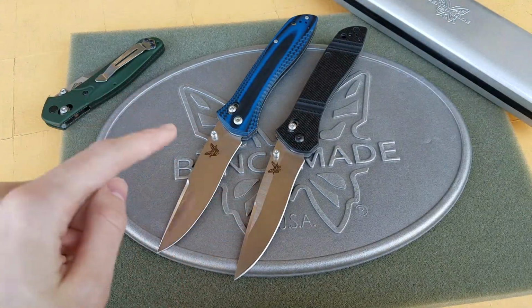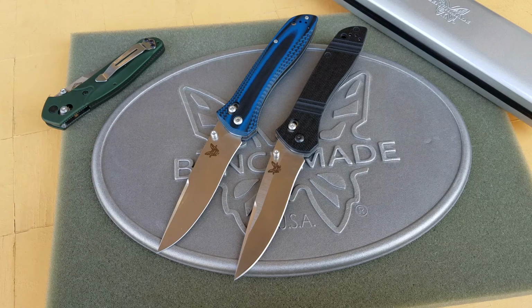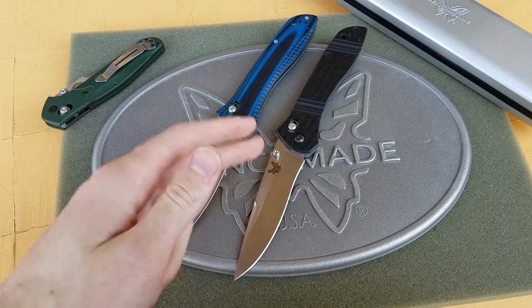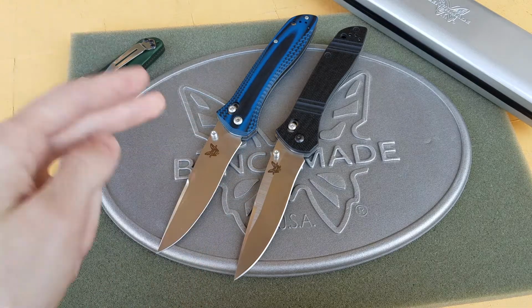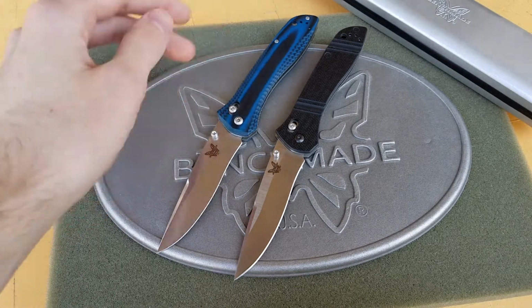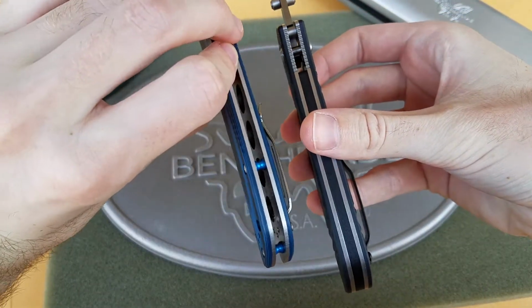So it's D2, the KnifeWorks edition, which is still available, which I don't know how it's still available. I don't know why these would be just gone everywhere. These are almost impossible to find anywhere online. But the KnifeWorks edition, man, they must have a lot of those. They've been available for years. And it's a blue and black G10. It's got the cool barrel spacers in the back. The regular 710 just has black